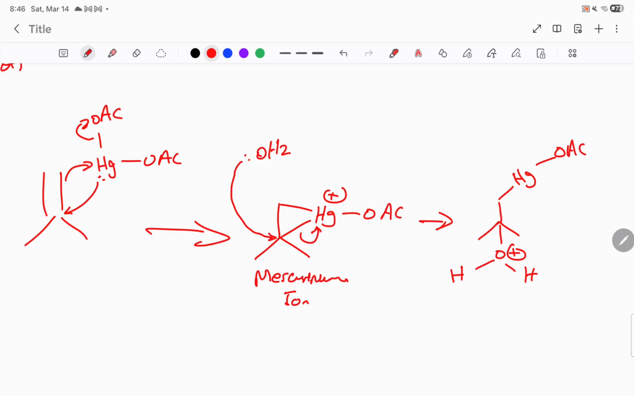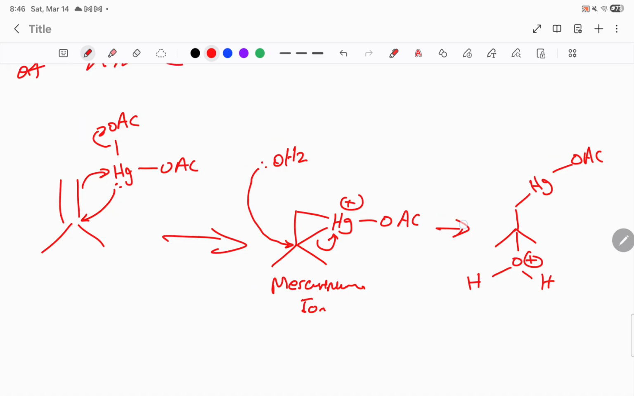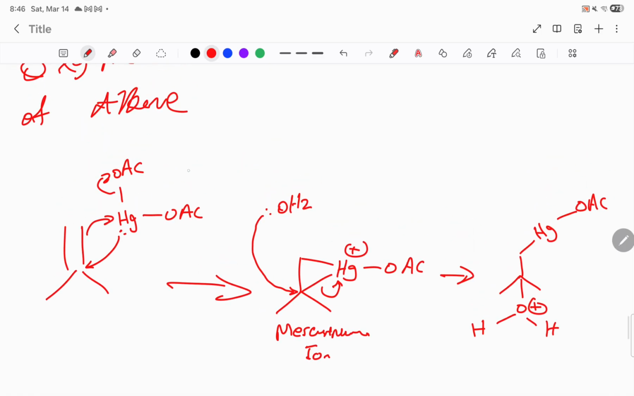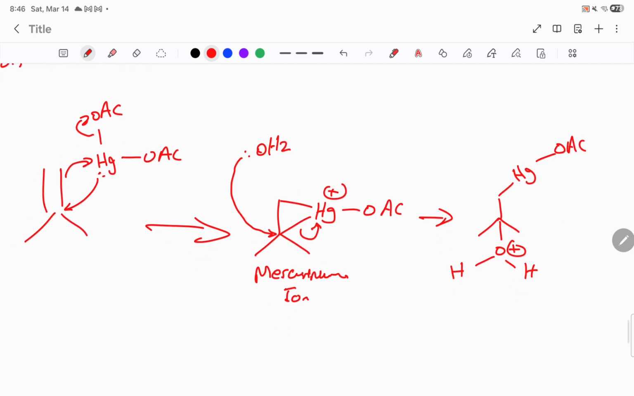And in the final step, we're going to use a reducing agent to get rid of the mercury bond. By the way, if you're curious, this mercury right here has a 2+ oxidation state because, of course, this acetate is a minus charge. This is a minus charge, and so we need to have a 2+ charge here. Anyways,